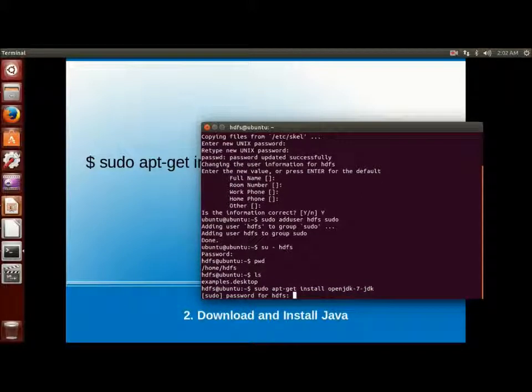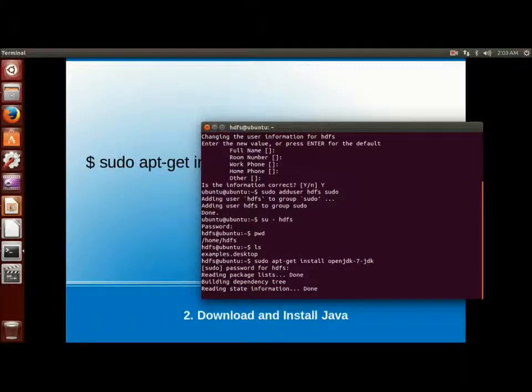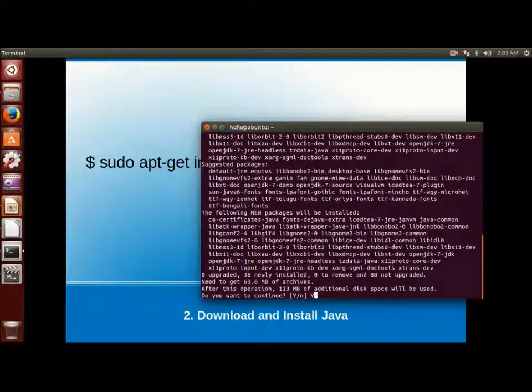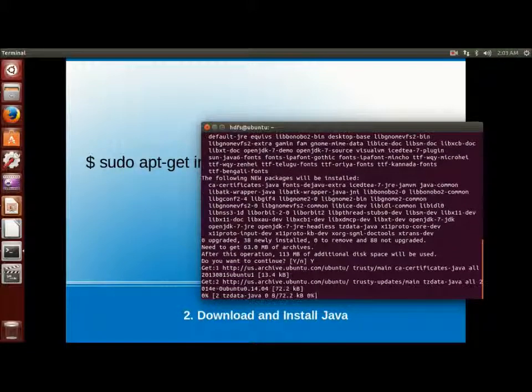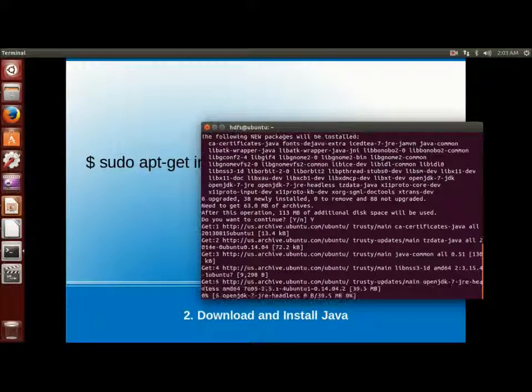It will take time to install, so that means it will download the OpenJDK software and install the JDK on our VM.